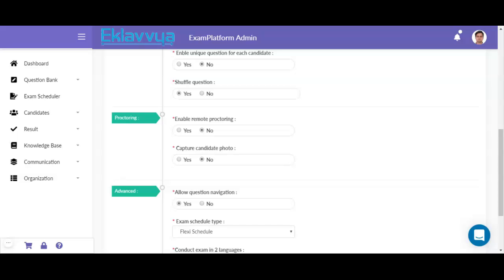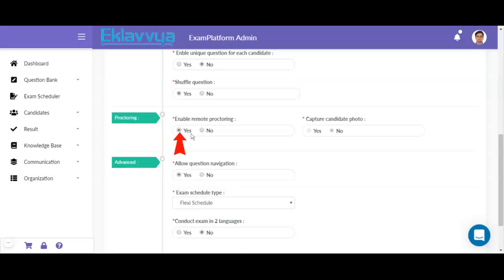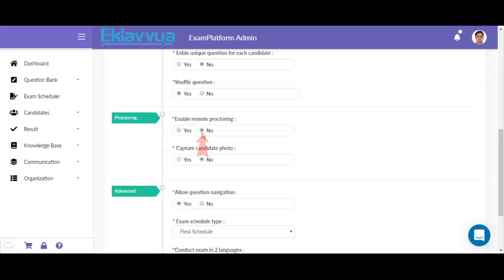So if you want to enable proctoring associated with the online exam, then you can set this field as yes. You need to make sure that all the remote candidates attempting this online exam with remote proctoring have a web camera enabled with their system so that the remote proctored exam can be started on their machine or their environment. If you set this field as no, then remote proctoring will be disabled for the online exam.